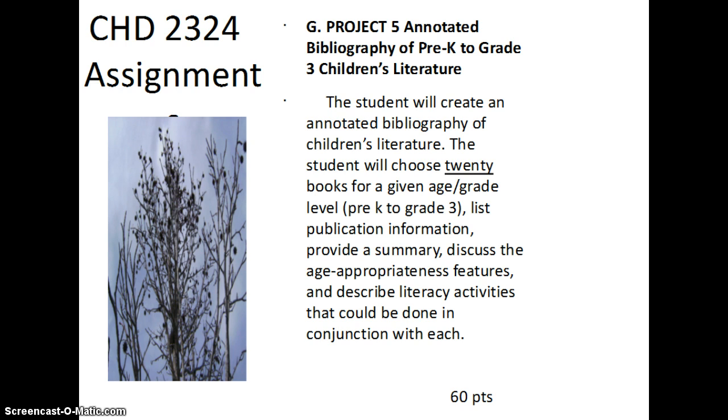The last project is the most in-depth, but probably the most beneficial. You will create a bibliography of 20 children's books. You will give a short summary and a developmental activity for each book. Yes, it is a great many books, but if you start now, you'll have way more than 20. Children's books can be very addicting. Besides, it always makes a good conversation starter. What children's books do you remember from your childhood?